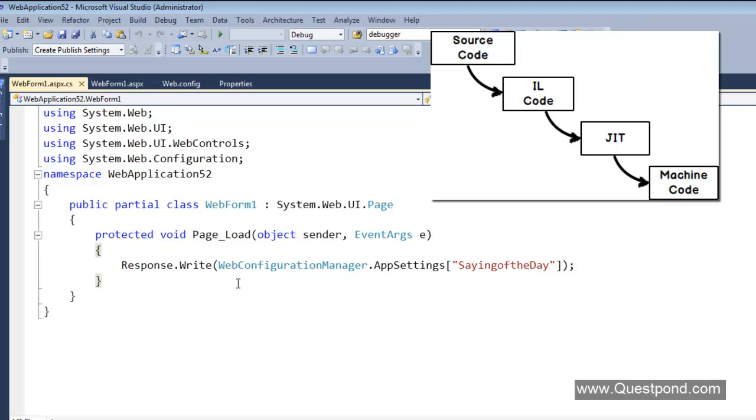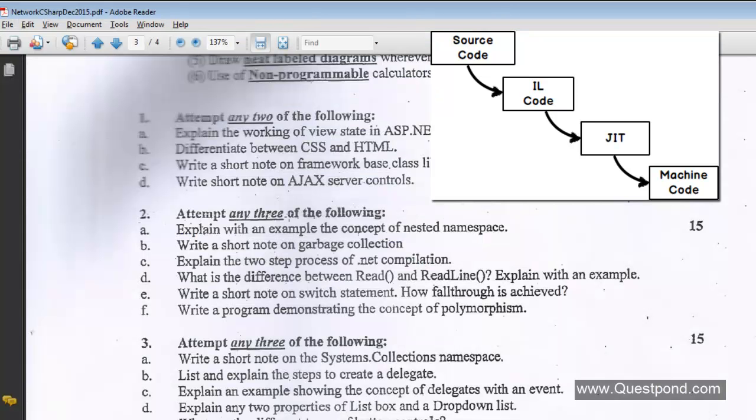So what happens in .NET is, first, when you hit build over here, when you say build this solution, rebuild this solution, internally it compiles it into an intermediate language code, termed an IL code. But when somebody runs the application, at that time internally there is a component called JIT. It runs and converts that IL code into machine code, right? So basically it is a two-step process. First, converting it into IL code, and then from IL code it gets converted into the machine code or the assembly language by using JIT. So that was the first part of the answer,